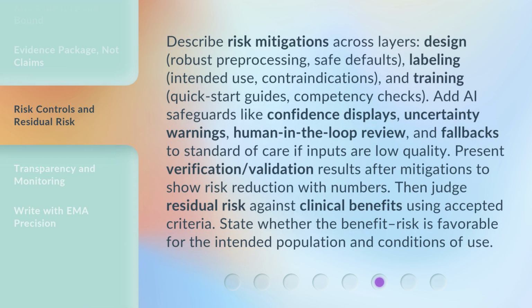Describe risk mitigations across layers: design, robust pre-processing, safe defaults, labeling, intended use, contraindications, and training. Quick start guides, competency checks. Add AI safeguards, like confidence displays, uncertainty warnings, human-in-the-loop review, and fallbacks to standard of care if inputs are low quality. Present